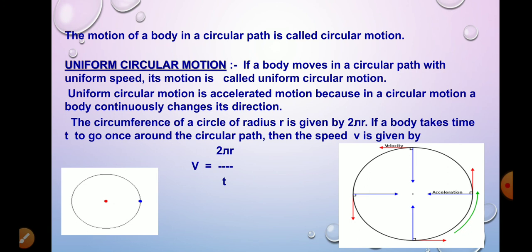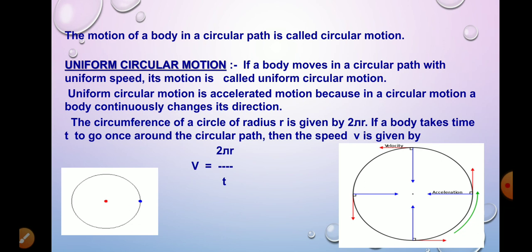So you can see here the velocity is changing at each point. If you consider each and every point, the velocity changes. This can be carefully observed with the help of an activity, that is by a stone which describes a circular path with a velocity of constant magnitude, by tying a small stone to a small piece of thread and whirling it. Move the stone to describe the circular path with constant speed by holding the thread at the other end.